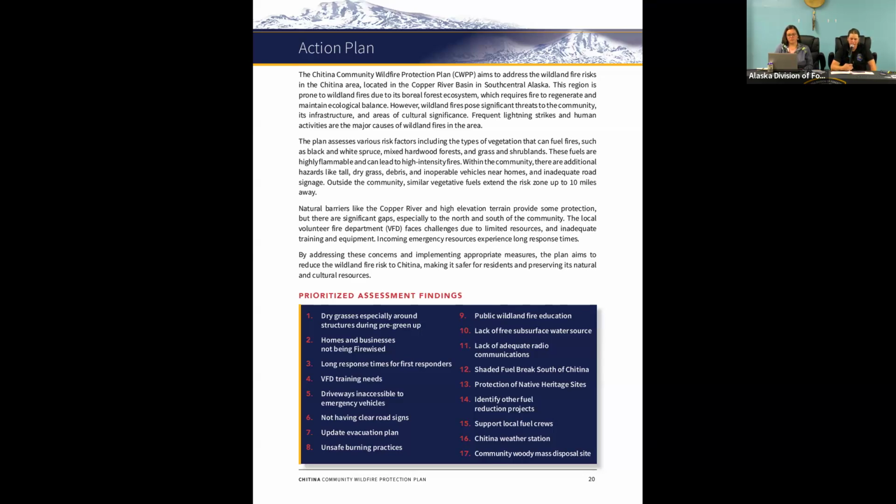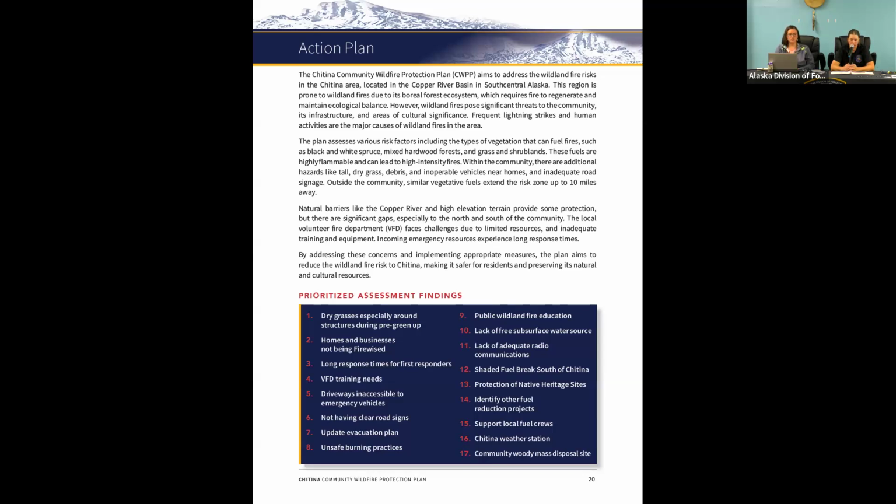The first finding that we came up with was the dry grass, eliminating the dry grass, especially around structures during the pre-green up season. The second finding was homes and businesses not being fire-wised. Number 3, the long response time for first responders, which leads into number 4, addressing VFD training needs and VFD needs in general.